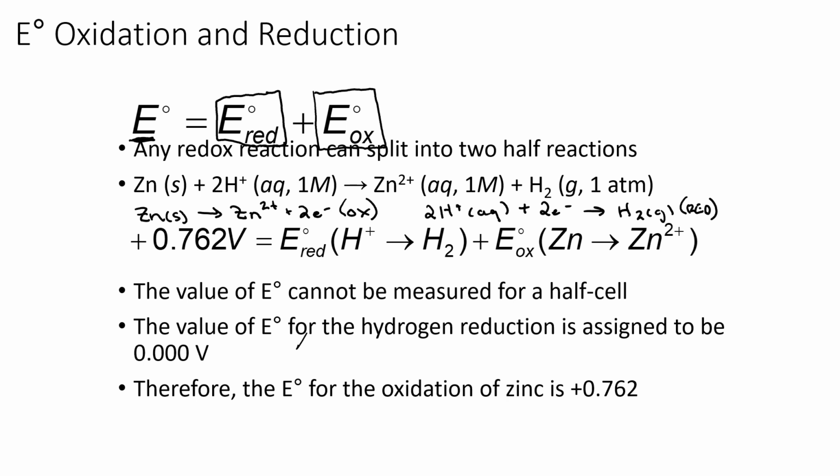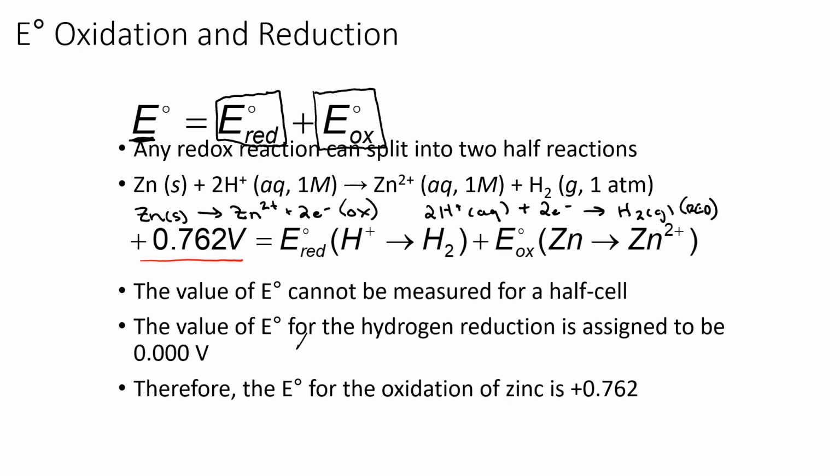Now, if I want to know the voltage, we hooked it up to a voltmeter on the previous slide, and we found that our voltage was 0.762 volts. And I know that that is equal to the voltage of the reduction plus the voltage of the oxidation. All right, now the problem with this, and where I said the way that we get there can be a little bit confusing, but calculating is not,